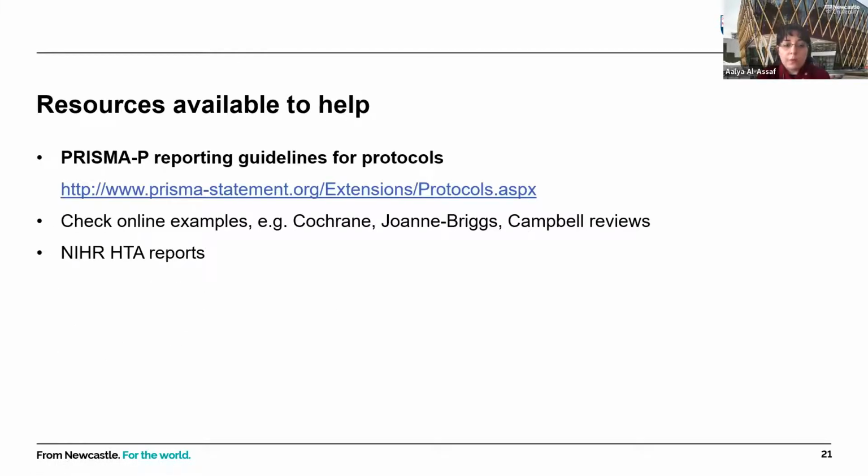Okay, so resources available to help. There is the PRISMA-P, which is the reporting guidelines for protocols. PRISMA stands for the preferred reporting items for systematic reviews and meta-analysis protocols. It is a checklist, and it provides the recommended items to address in the systematic review protocol. And it is available from this